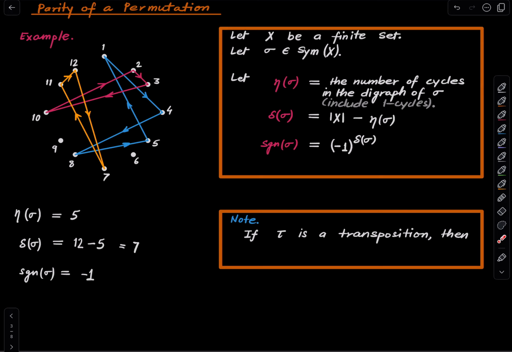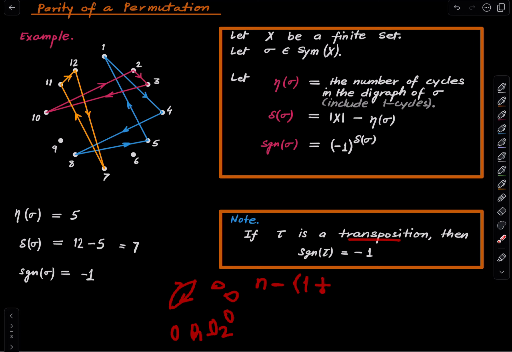So just let us make a note that if tau is a transposition, then what is the sign of tau? Sign of tau is minus 1. Why? Because suppose it is a transposition on a set of size n. Then how many cycles are there in the digraph of tau? Well, there is this 1, 2 cycle, and then remaining n minus 2 vertices each contribute one cycle. So the number of